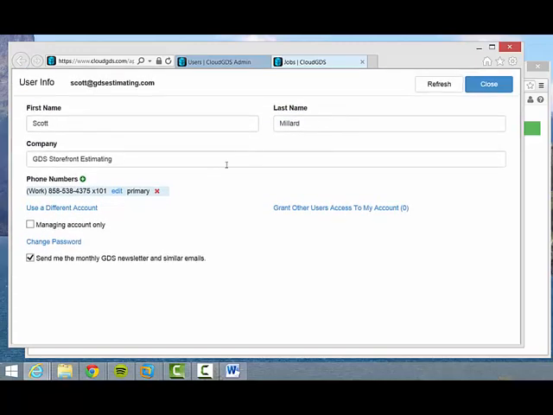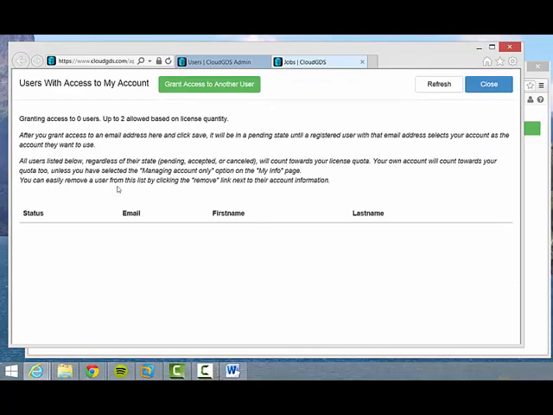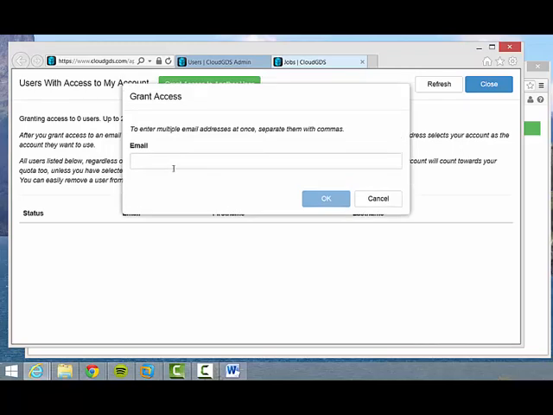This is where the manager of the company, or the person in charge of your licenses for GDS, is going to have to grant you access. So this is where I, as that person, would grant access to the other account that we just created. I'm going to say I want to grant access to another user. This is for John Smith, so I know John Smith's email address